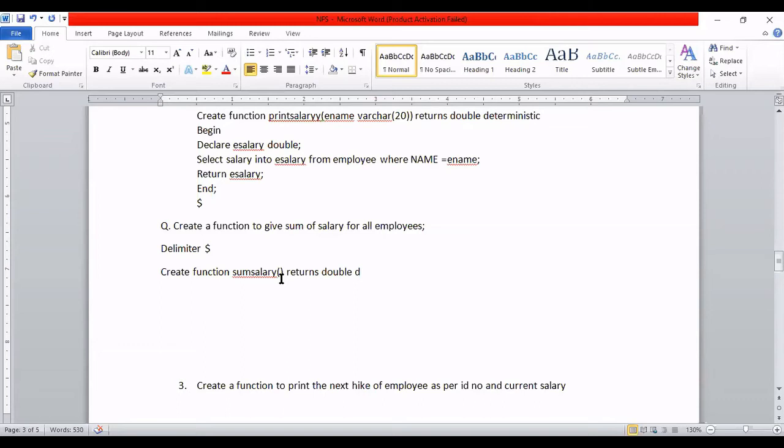But if CGPA is less than 7.5, then he will not be able to join that course, and will join another course. So for the same ID number, as per the condition in the begin and end clause, it can return the first course or the second course.